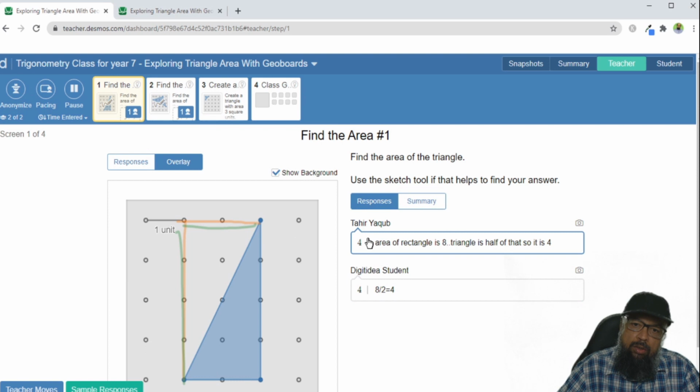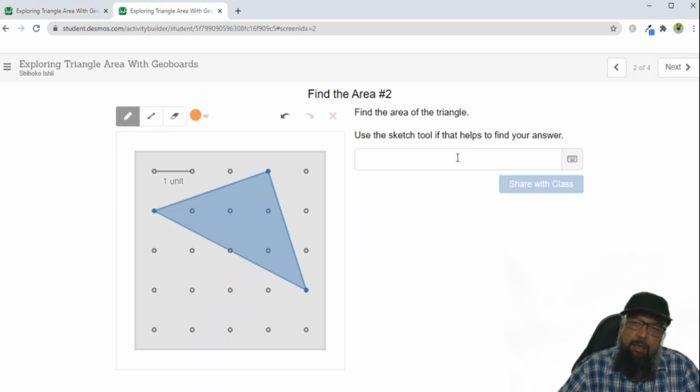And now you can see the original name of the students. These are my names from those accounts. So if I click on anonymize, now you will notice that both of these names have changed. Now these are random names assigned by the Desmos application. So in this way, you can see the responses of your students, see their answers, what they are doing, how they are doing. So in a similar way, they can solve this question.